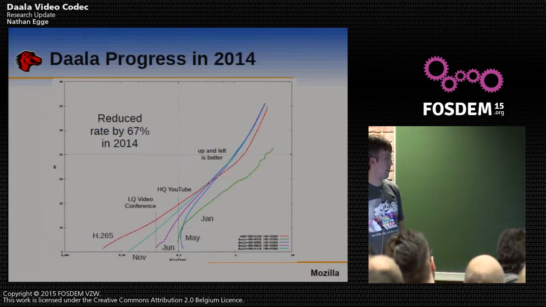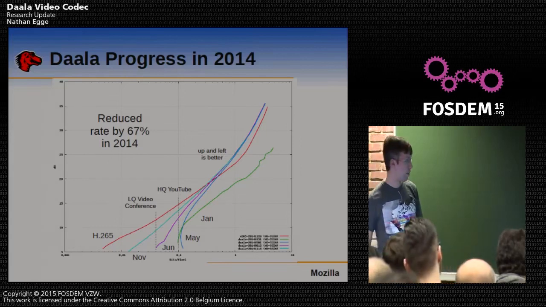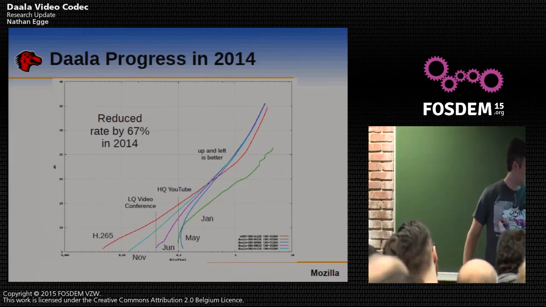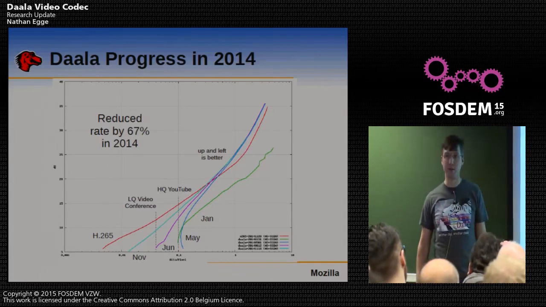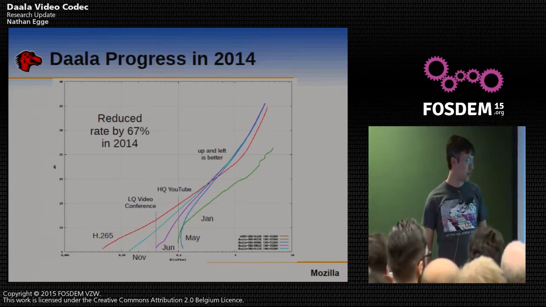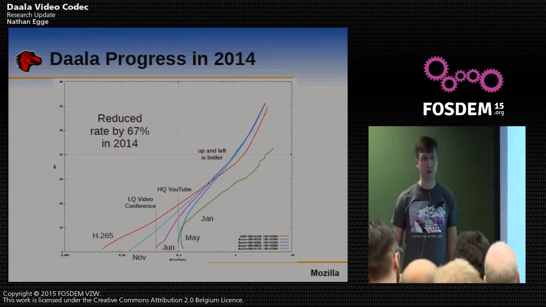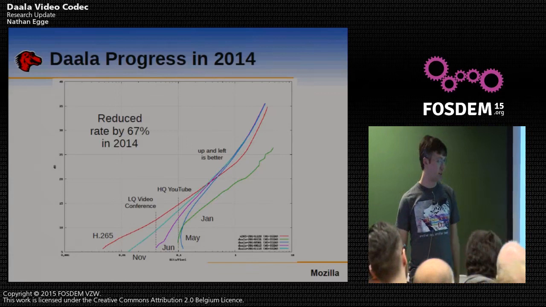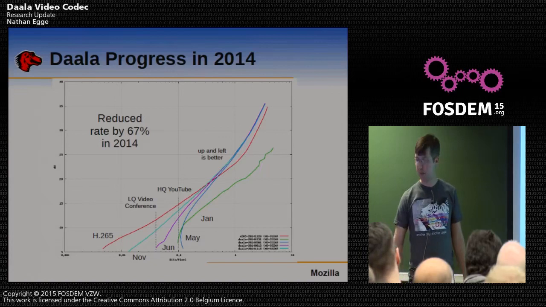This is a chart that we made that sort of describes our progress for the previous year. What you're looking at here, the red line is what H.265 does on a certain video set as of, I believe, November 20th of last year. And then these lines here are the Daala code base over time. And so we're making progress. There's been additional work. Actually, Jean-Marc landed code yesterday that gave another 5% improvement at low rates. So we're moving closer to that red line of 265. And we believe that there are many more techniques we can apply that will get us a little closer.